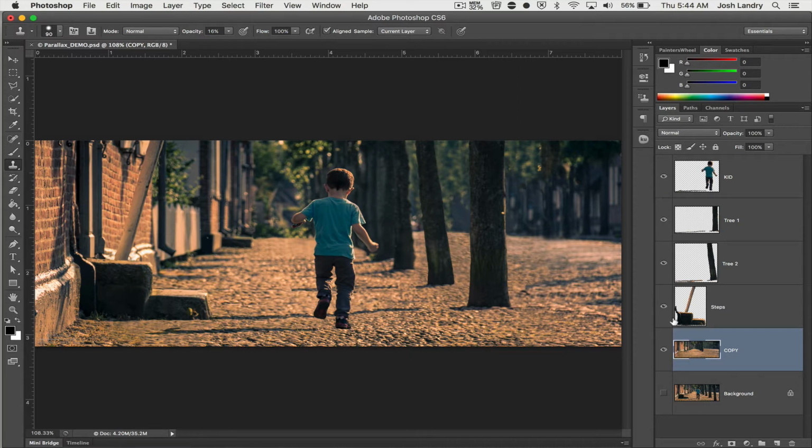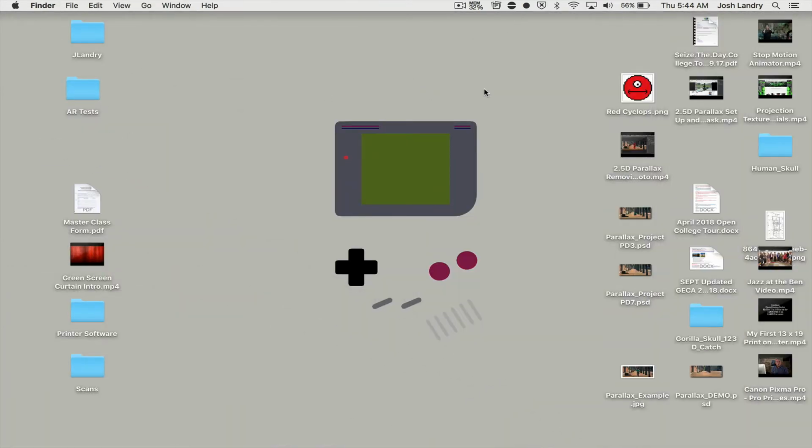So now we need to save out all of our layers as individual images. And so that means it's going to be 1, 2, 3, 4, 5 images that we're going to need to work with. Since we'll be working with multiple images, I'm going to go ahead and now set up a project